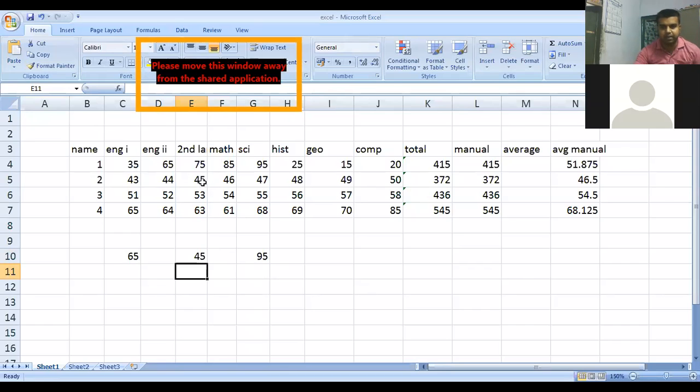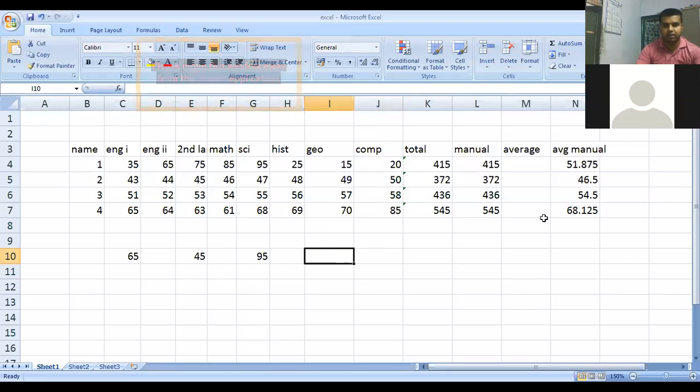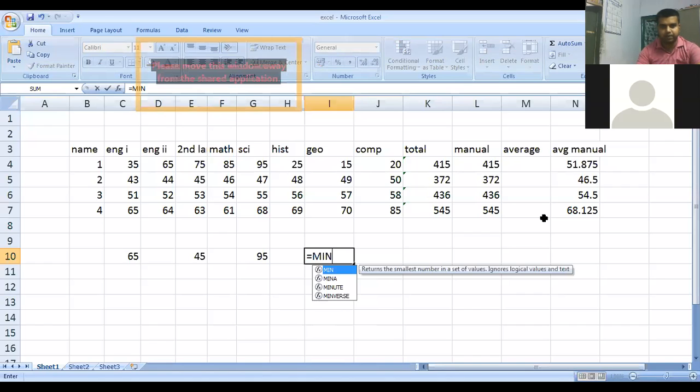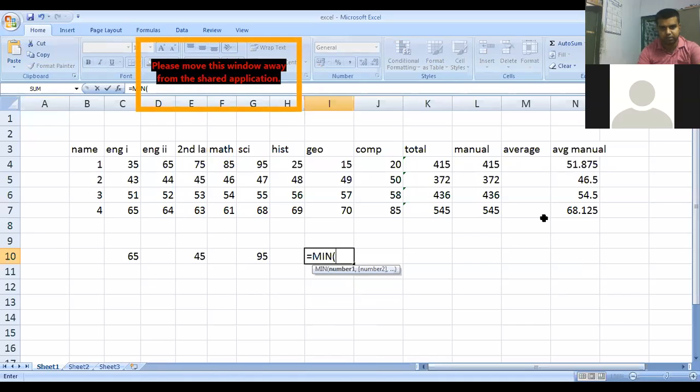Let's look at some other subject also. Let's go for geography. In geography we want to see who has obtained the lowest mark. So again, I write equal to MIN, bracket open. What is the address of the first mark? That is 15, at I4.